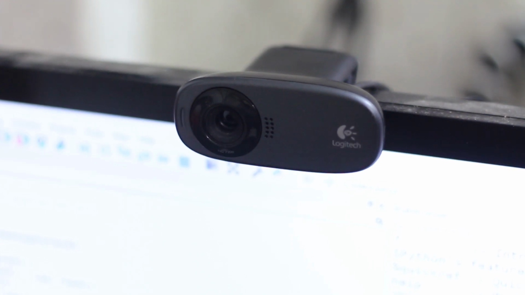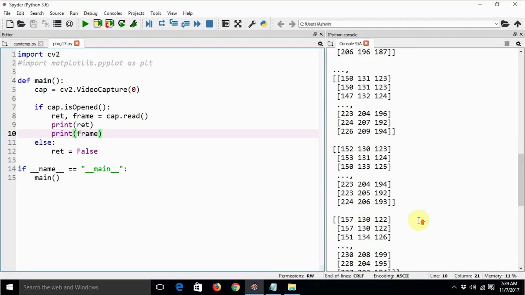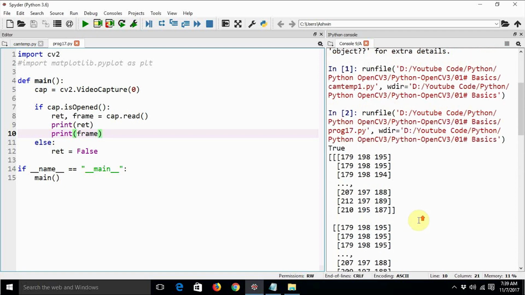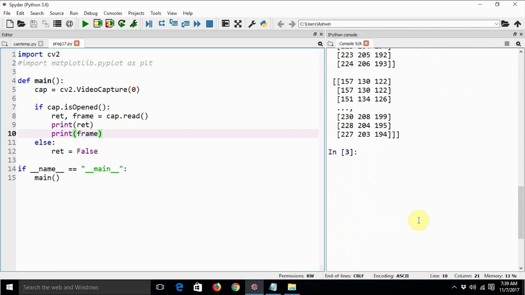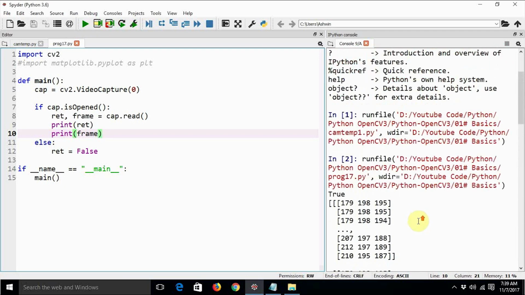When a picture is captured using the webcam, the indicator LED on the webcam is momentarily turned on. Okay, so it seems that it is successful. Whenever we can successfully read an image from a webcam, it returns us two values. So cap.read is used for reading an image from a webcam.